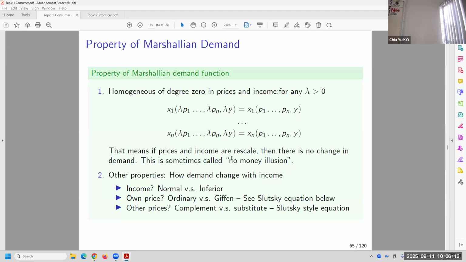And also how the prices of other goods change and affect the demand of my own good is not immediately clear. It really depends on the nature of the good, but we know it depends on whether it is a substitute or a complement, right? If the other good's price increases and my demand drops, then they are complements. If the other guy's price goes up and my demand goes up, then it's a substitute. I mean, you learned that in the principles class already, okay? But we'll talk about a Slutsky's equation style equation to give you more flavor